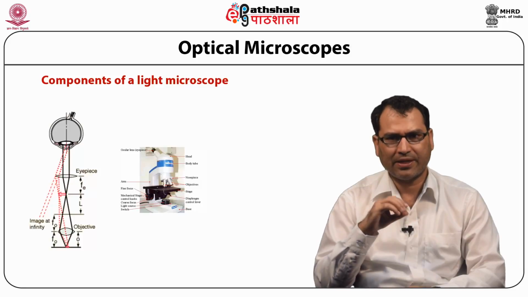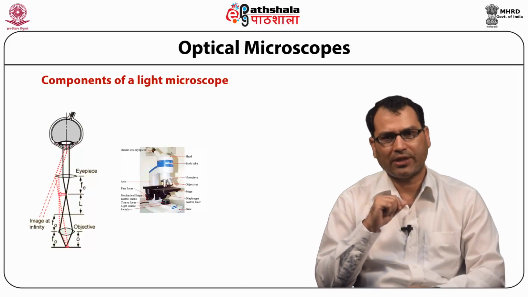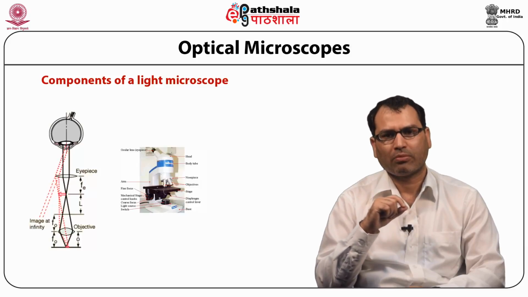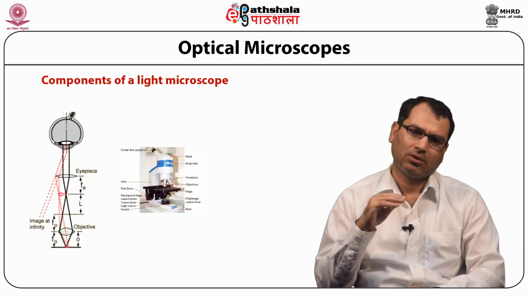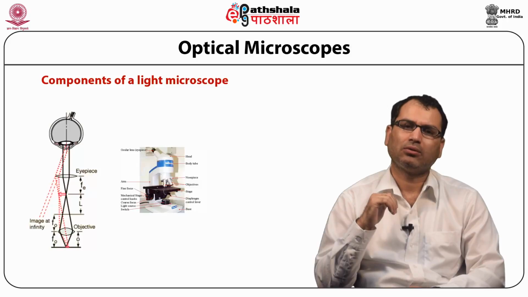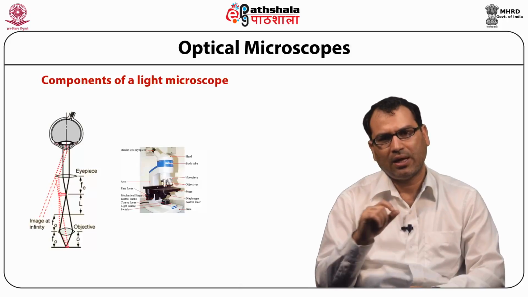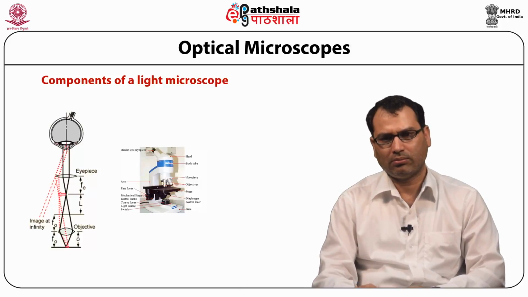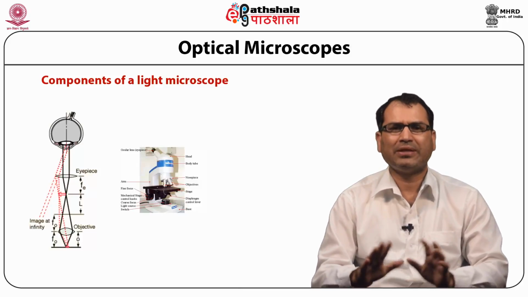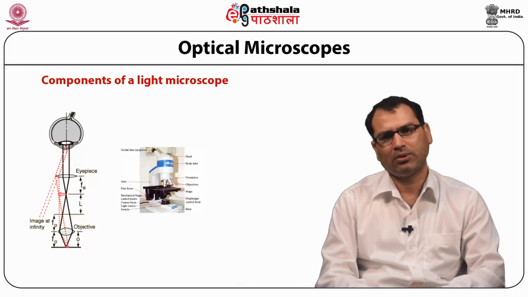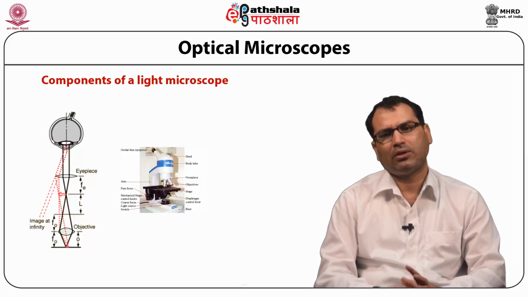Then it has a sample stage on which you place your sample. Then it has adjustments for focusing the sample, to place the sample in the focal plane of the objective lenses, and there is a light source at the bottom. So this is the kind of basic configuration which you will find in any optical microscope used in labs or